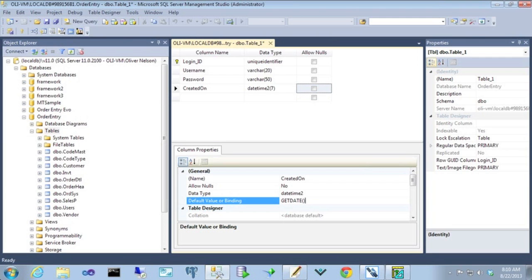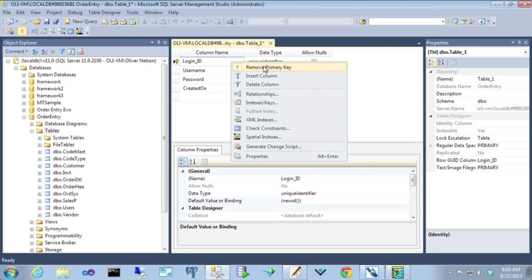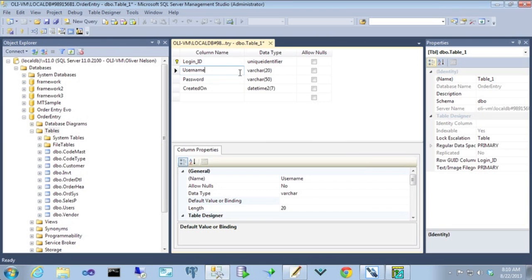In fact, I'm going to add a default value of getDate, which will write in the current date timestamp. It'll basically timestamp this row for me. So the other thing that I've done is I set it as a primary key for this column. So we're going to save this,